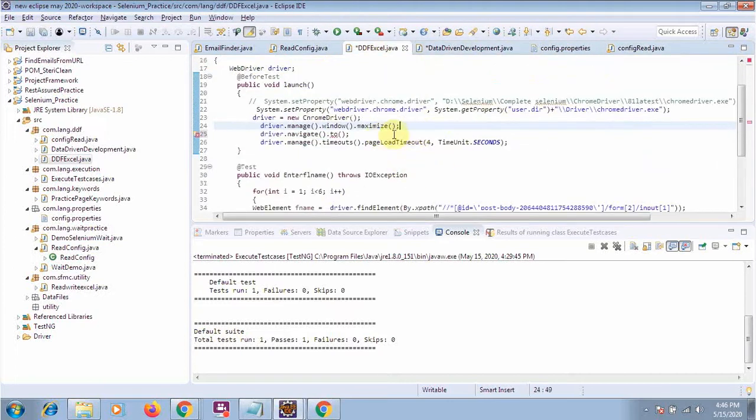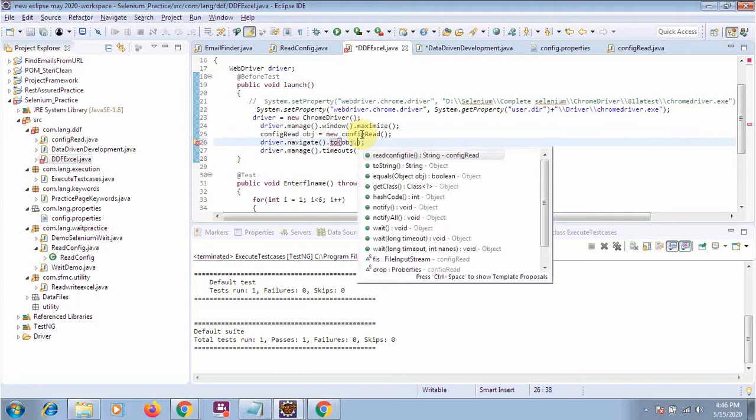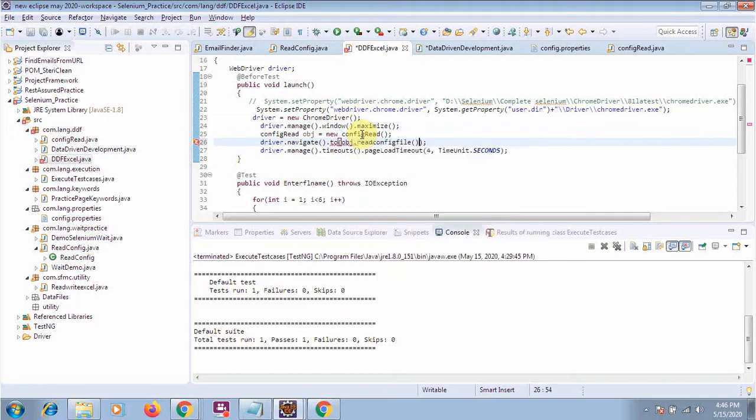Here it was. So I will say obj is equal to new this. So you have created the object of your config read. Now by using this object you can call the method of read config.